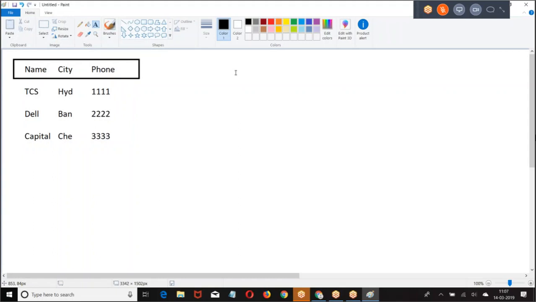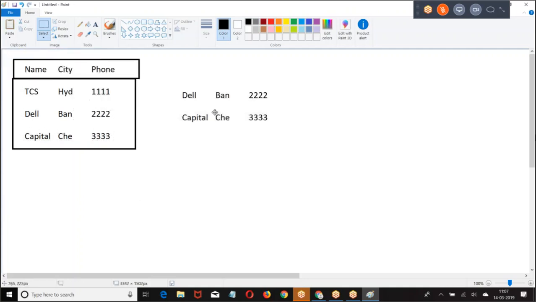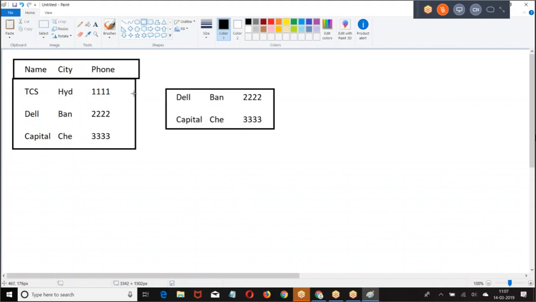This is the data that we have in the table. If I was trying to delete any of the records out of this data, these two records, these few records I am trying to delete.